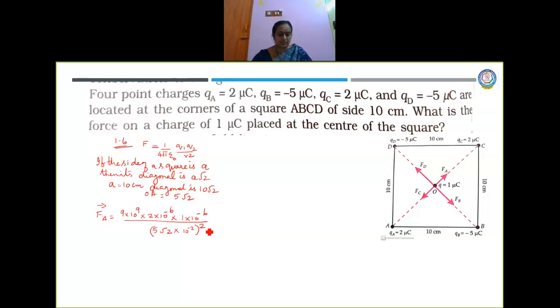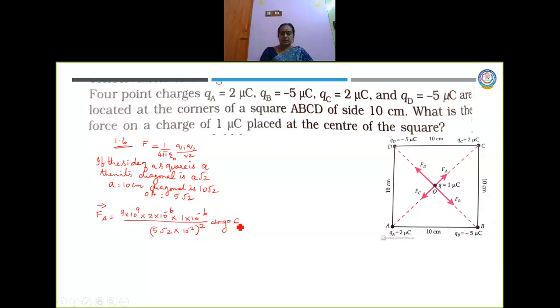Now what will be the direction here? The direction will be along, go back to the diagram. Now here also it is a positive charge. Imagine a test charge to be positive always, and here the charge itself they have given the value as 1. Now here the charge is plus, so here also it is plus, here also it is plus. The force is one of repulsion, so it will be outward, so it is along, look at this direction, it is along OC, so FA is along OC.